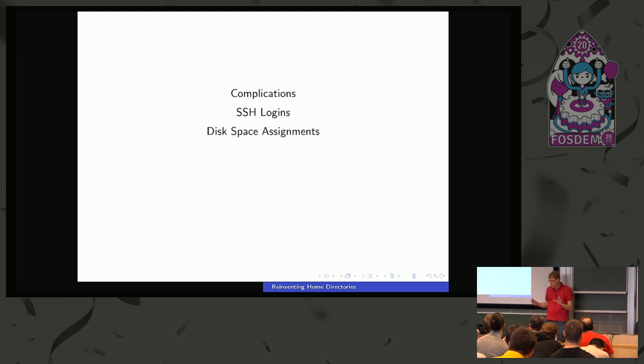Disk space assignments. So with HomeD, the way HomeD works is that it has 5 different backends. The backend that I try to push people towards is the LUKS backend, where you basically either have your USB stick or you have a loopback file in /home, where everything is stored internally. But there are actually a couple of other backends. Like there's one for FSCrypt, which is like ext4 online encryption, the encryption that is above the file system layer. There is also a couple of others, like plain directories, even if you don't care about encryption. But the one that I actually think that people should be using is the LUKS one, because it has the strongest security